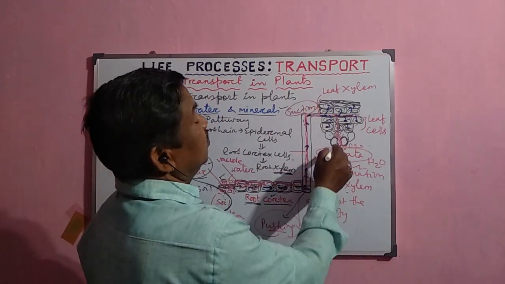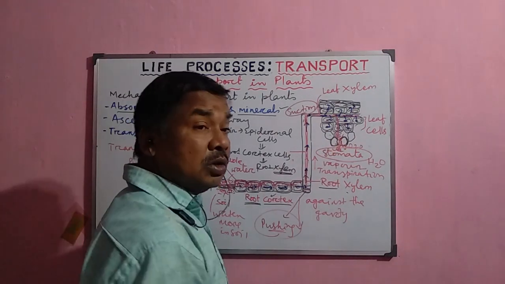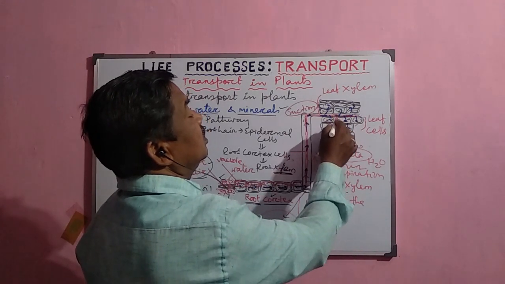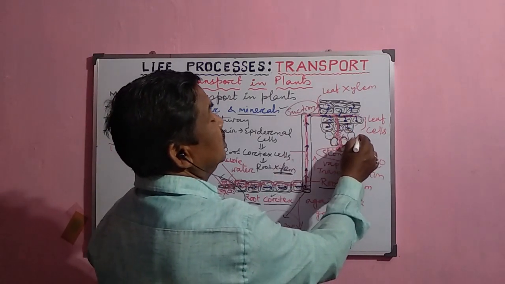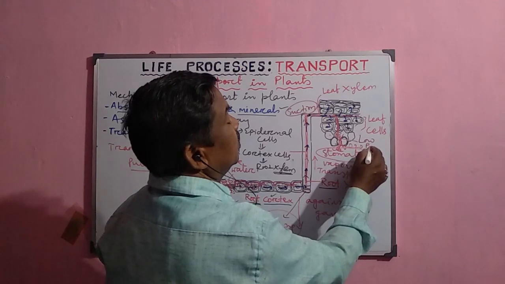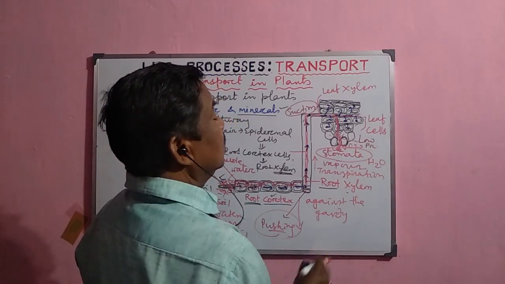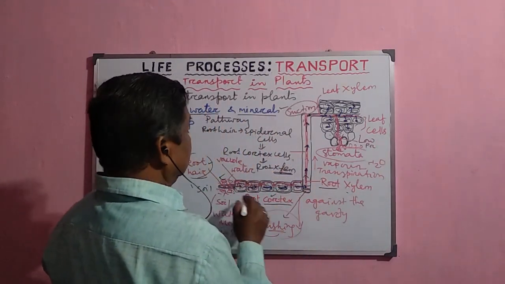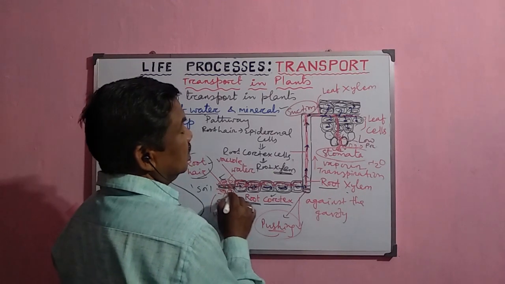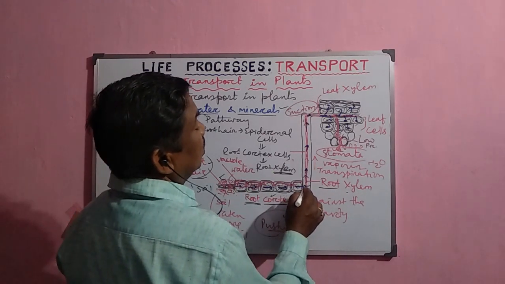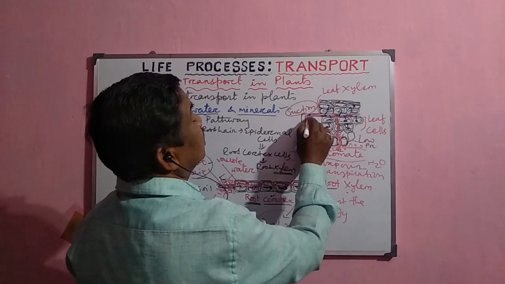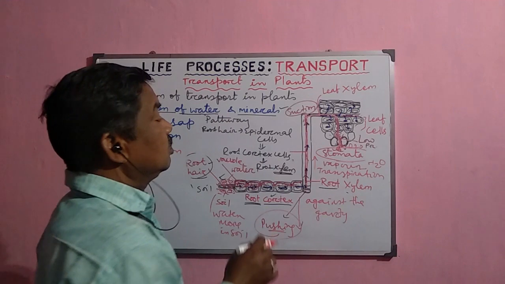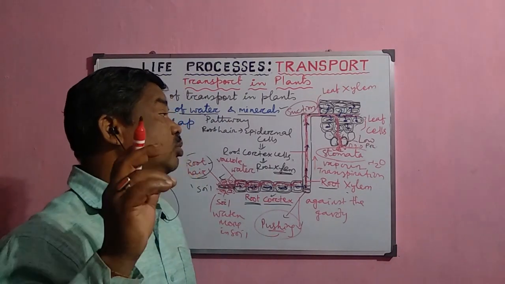So when it passes to the outside through the stomata, the water pressure is low here. When it is evaporated, it is the low pressure of water. So when the water is lower here, automatically the water present in higher concentration here will flow in this direction because it is directly connected. In this way the water moves upward. So this is called the transpiration pull.